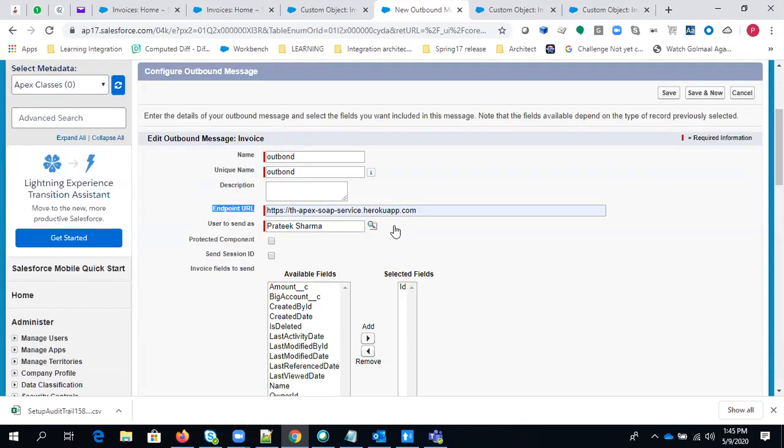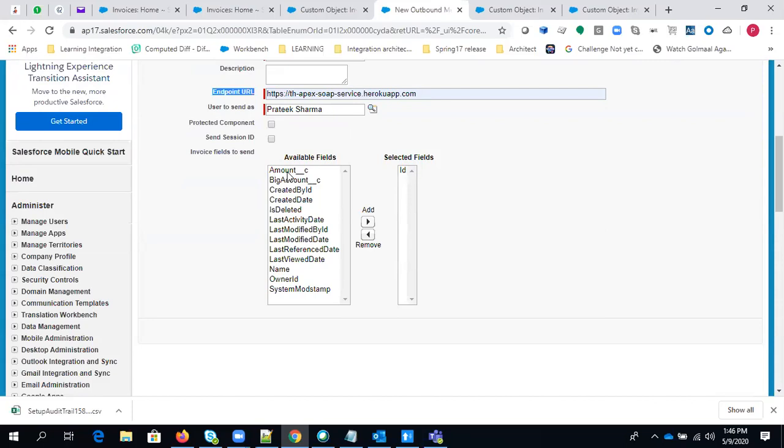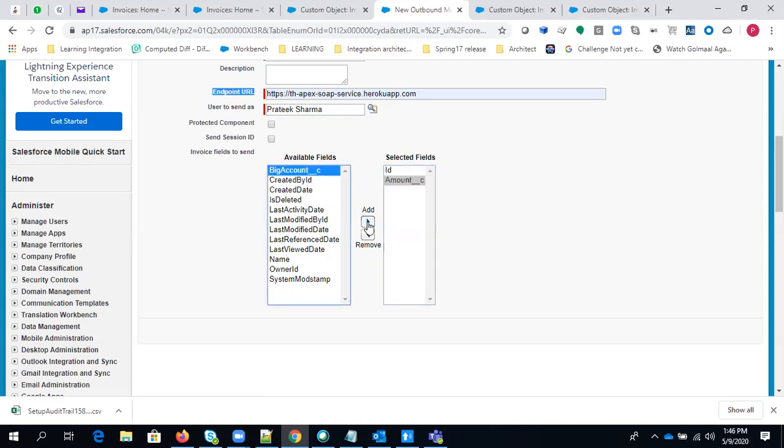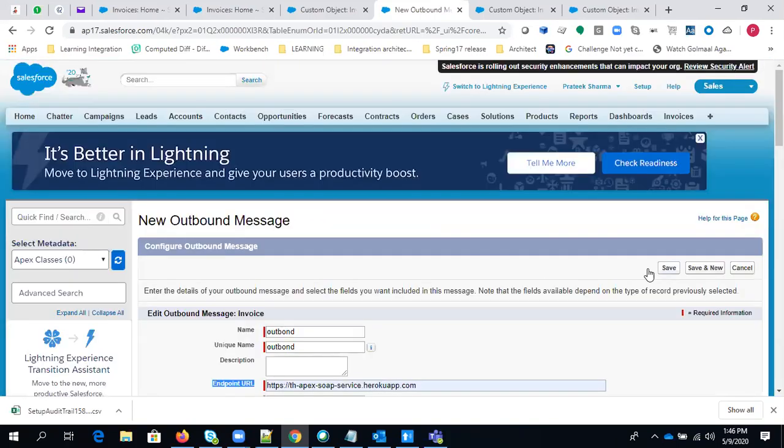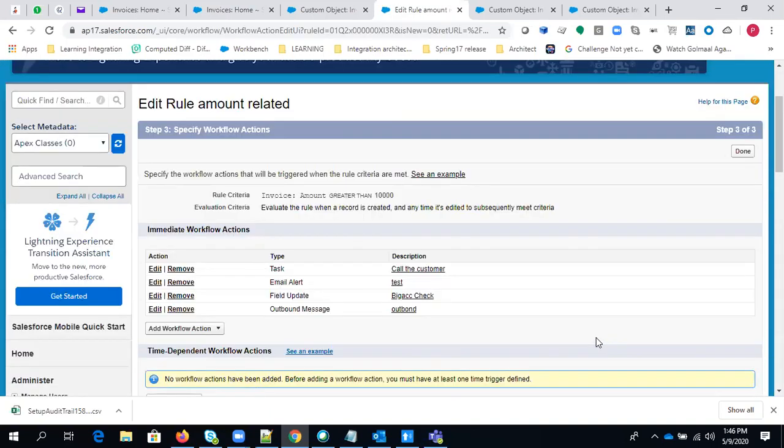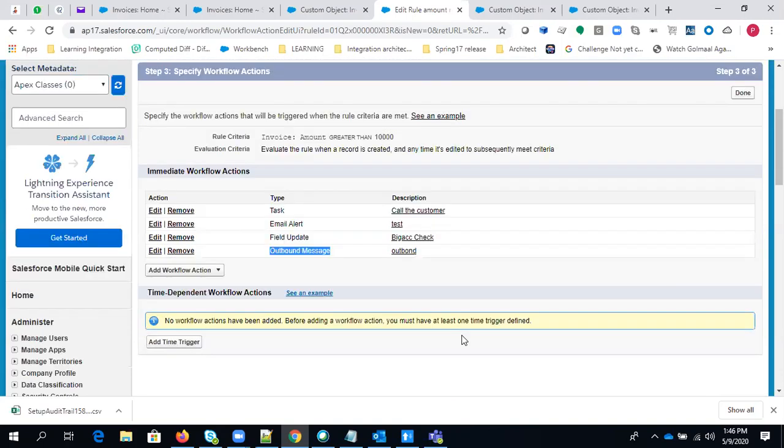Here you can select the fields, the information you want to send to the third party application. That will depend on the business requirement. I'm just selecting only 3 fields here, and hitting save. We'll discuss the outbound messages part when we discuss integration. So right now you can simply select a dummy object, and we have created an outbound message. These are the only fields you will get at the time of outbound message creation. So we have created all 4 actions available using workflow, and I'm just hitting done here.